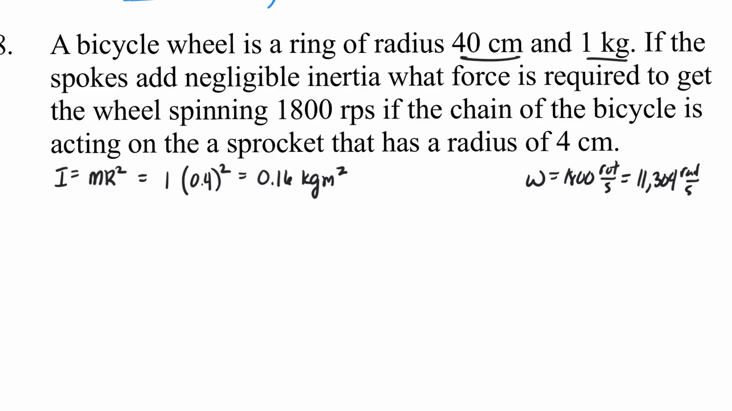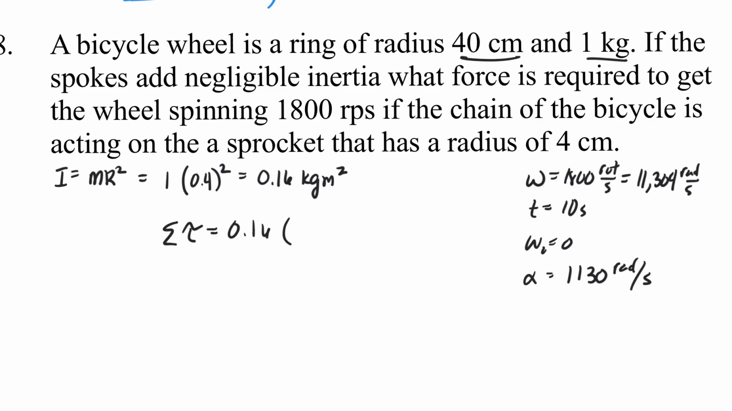Well, they don't tell us how long it's going to take to get to that speed, so pick a time. How long do you want to take to get to that speed? 10 seconds. Okay, so we'll say 10 seconds, assuming starting from rest. All right, so just divide that by 10, and we'll get our acceleration. 1,130 radians per second squared. And now the net torque will be equal to 0.16 times 1130,